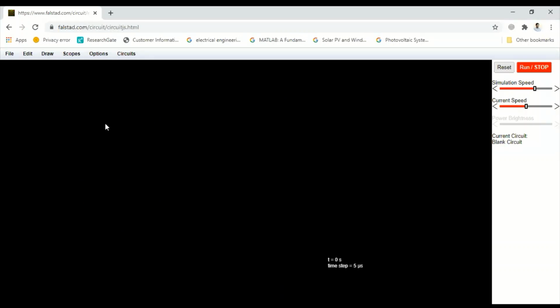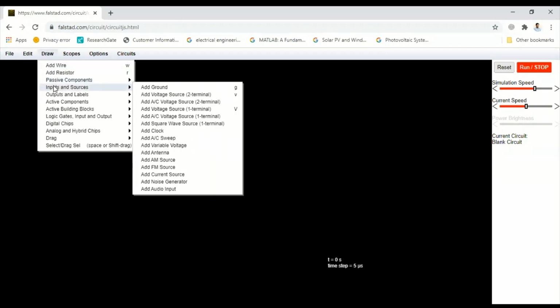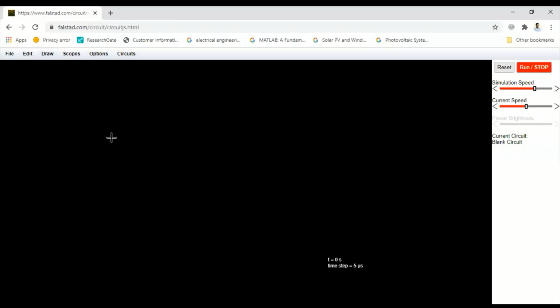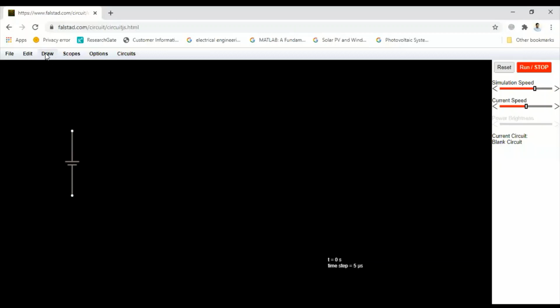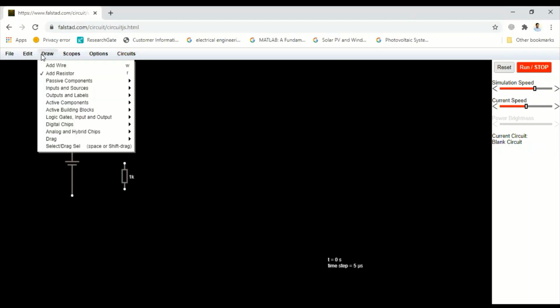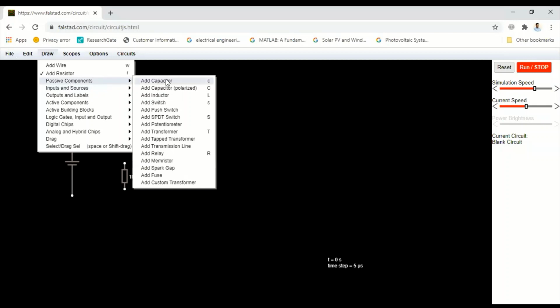The next circuit we are going to check is the RC circuit with the actual response that we are going to study. Initially we'll use input, voltage source, then draw, add resistor, connect the resistor, draw passive component, add capacitor.